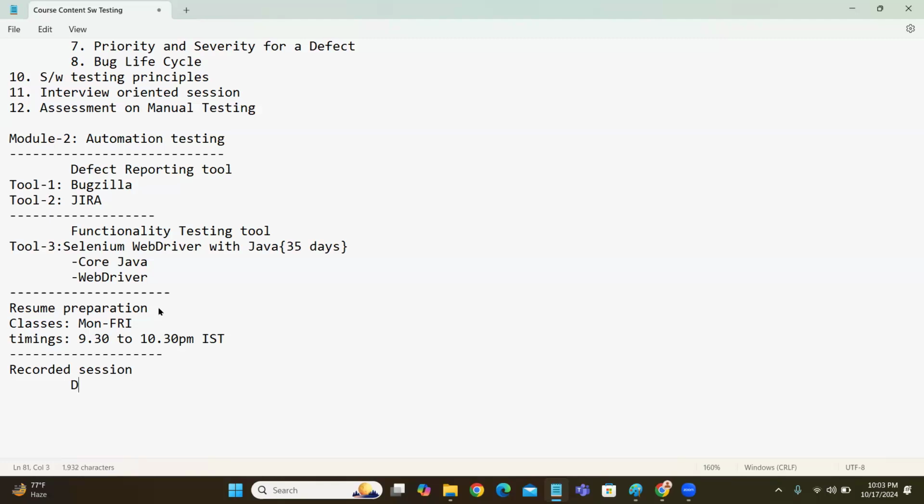So they will provide the drive link to you so that you are able to access the recording sessions. You can watch it; it is 3 months. The recording sessions will be available. If you miss any class, before coming to the next class, you have to go through the recording. But don't consider the recording as the primary